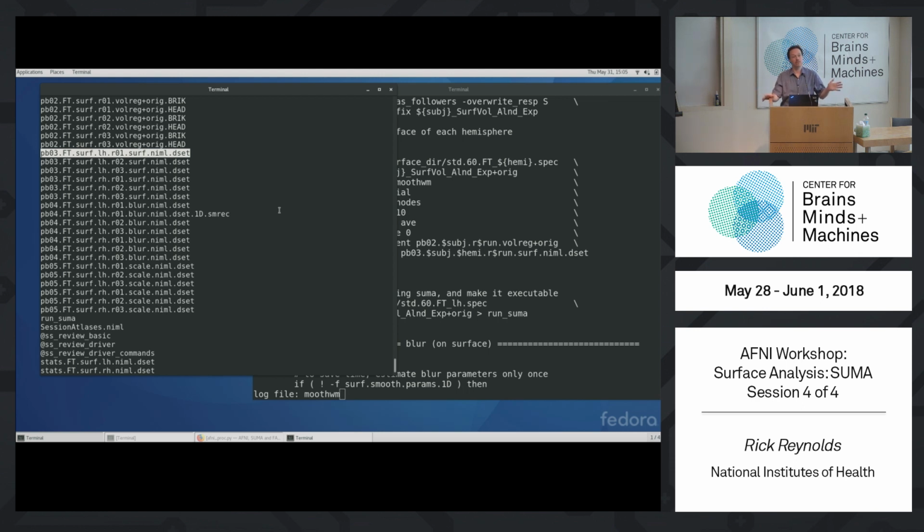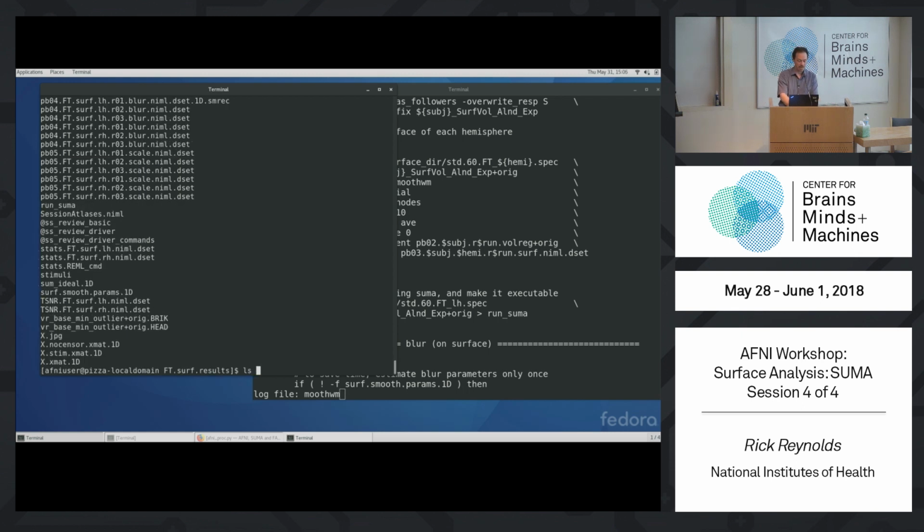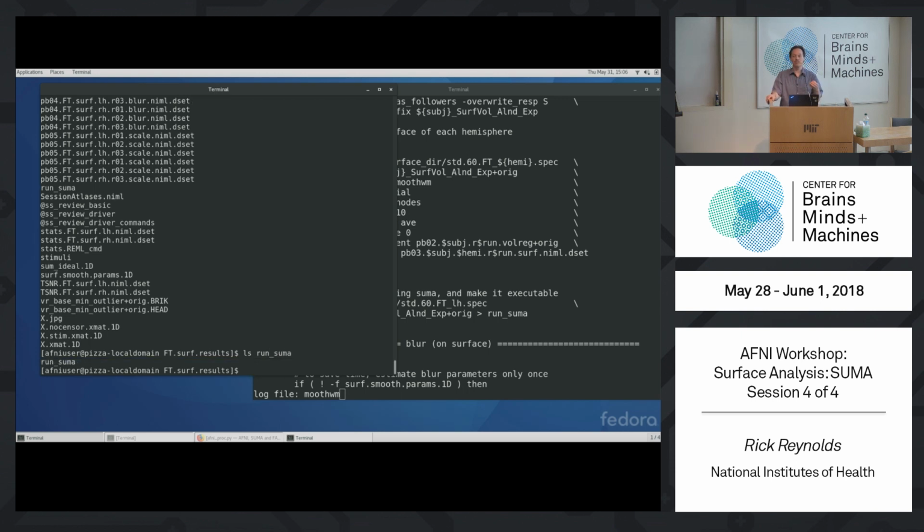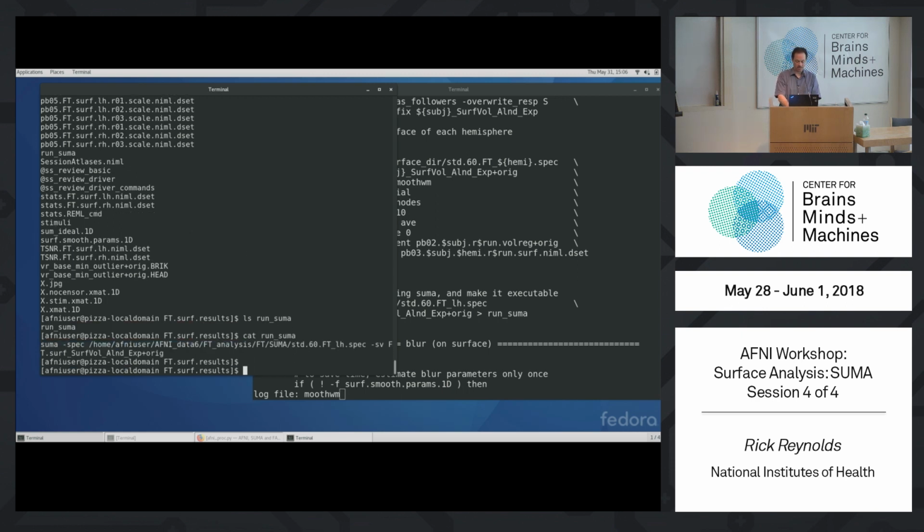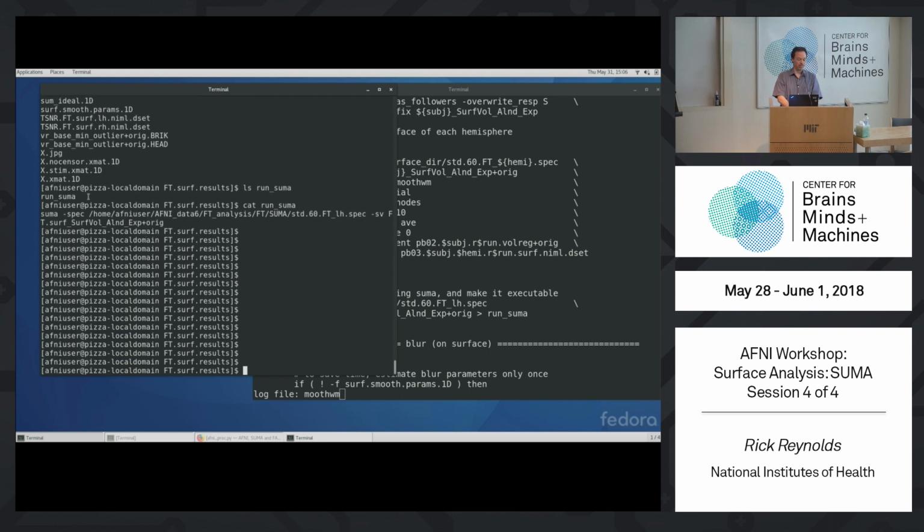Let's look. So let's run SUMA here. So if I type ls, run SUMA, just to show you, there is a run SUMA script here. So the proc script created a little run SUMA script. And again, these are just little commands. Nothing you couldn't possibly type on your own, but it's just easier if you put this in a little script. So SUMA, we give it a spec file. It's up one directory, but this uses the full path, so you can really run it from anywhere. But the spec file is under